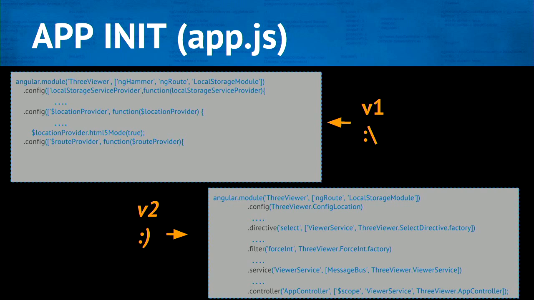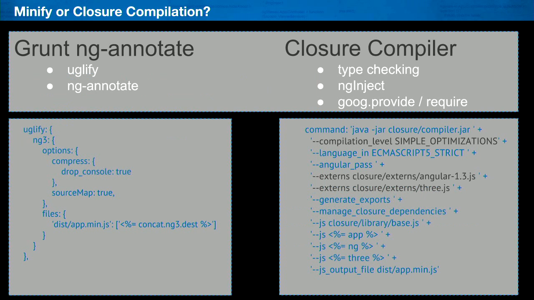So app initialization is also a big change. With the version 2 approach, I define everything in a root module location. So we're talking about directives, filters, services, controllers. These are all written in a prototypal pattern, again, using ng-inject. In the first version, really the DOM, whenever the templates are compiled, actually loads all the controllers. Now we can specify all this stuff outside of the old style, and it just looks cleaner, it makes more sense, and a lot of people really dig it.